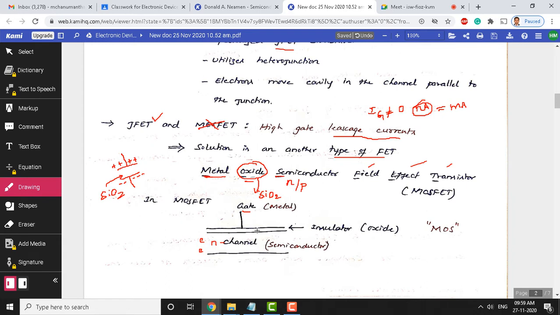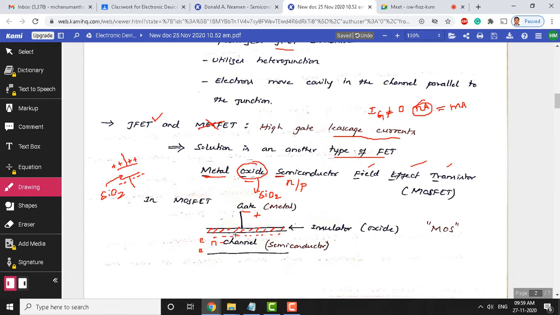This is an empty space here. I will shade it here. So, you can see this is going to be a silicon dioxide layer. In this silicon dioxide, since there is insulation, the positive voltage applied here induces negative charges in the channel here. Negative charges are in favor of electrons here. Therefore, in an N channel device, electrons are the majority charge carriers.